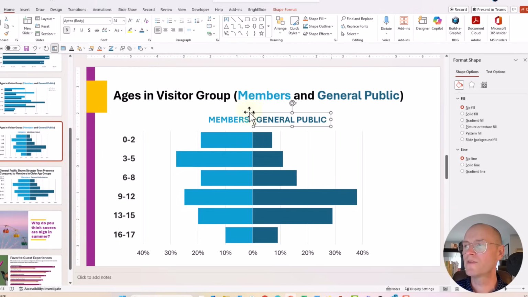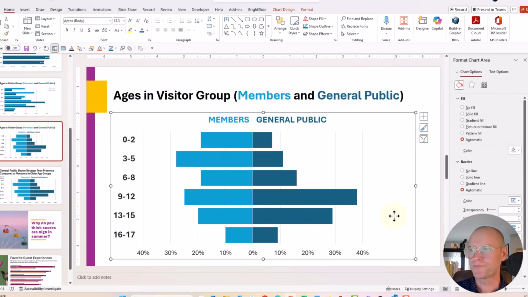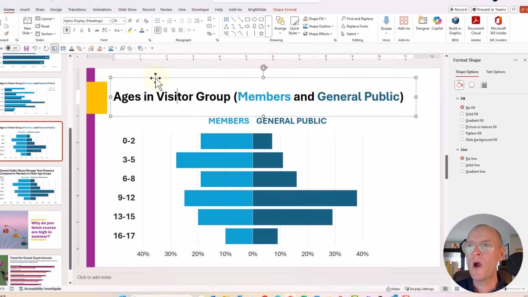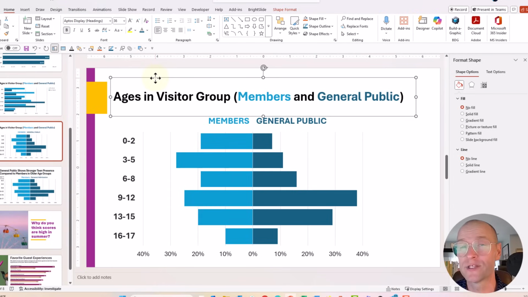Okay, so there's one more thing that I thought I would share. And here's the thing. I want a really nice descriptive title for this chart. I want a chart title that describes a little bit about what's going on in the chart instead of just a generic ages in visitor group type of thing. So I could go ahead and come up with this on my own, or I could ask Copilot again for